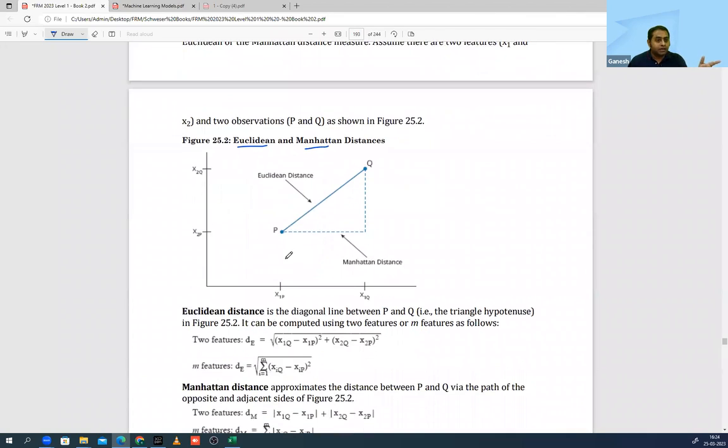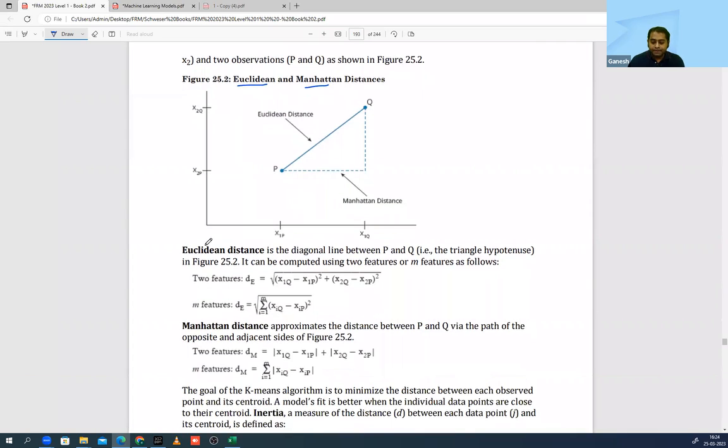Now, what was that logic? I'll come to this. Kindly ignore this diagram for the time being. Come to this section. In this section, can you see the formula? Do you realize I did the same thing? I took the deviation from the center and squared it. This was for the weight, this was for height. I added them and took a square root also. So I was using this approach to calculate the distance from the center.